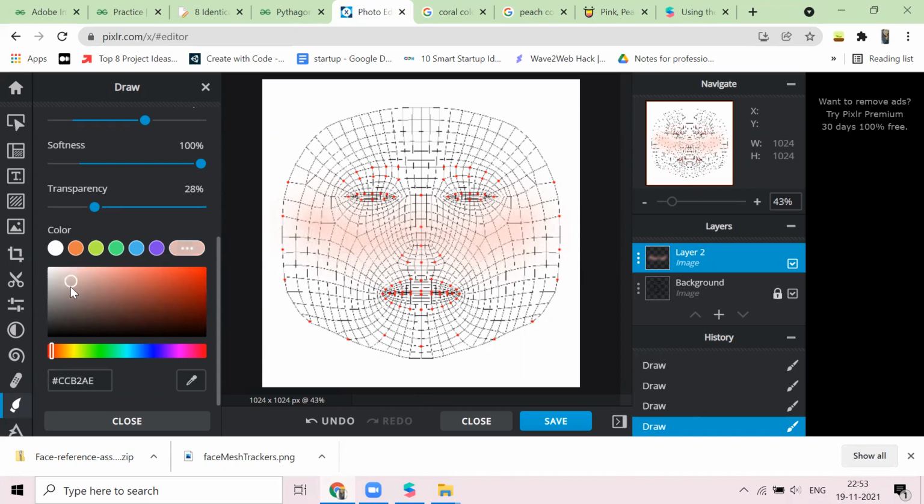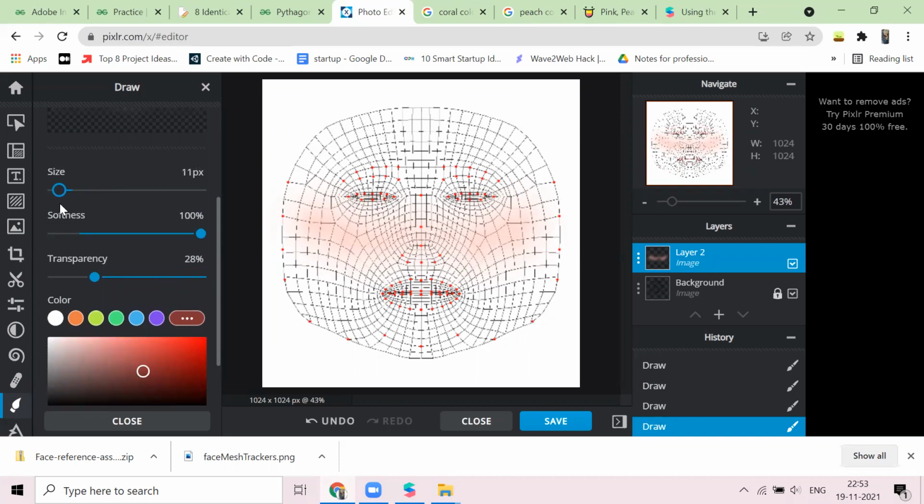Now let's just add some freckles. So this is bilkul red, and I think this is a good color. Make your brush size around 10 pixels. Yeah, I think 7 is a good number, and transparency 100. So I hope the freckles are visible to you, or I think I should make them a little darker. Yeah, okay. So the issue was with the transparency. I hope the freckles are now visible to you.